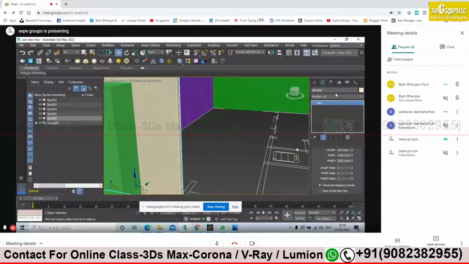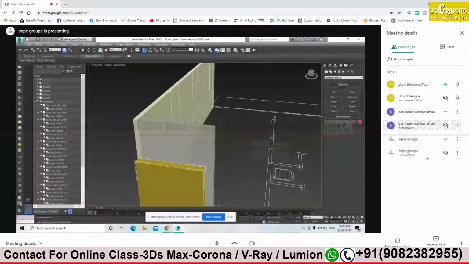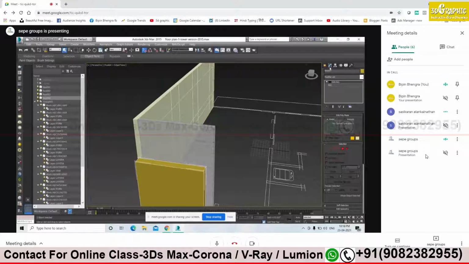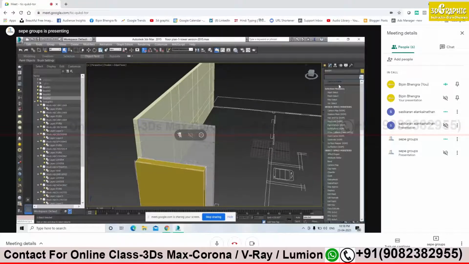Sir, for increasing this height of 400, how to do that, sir? One second. Again go to property, click on the box, go to property. You don't need edit poly for the box.